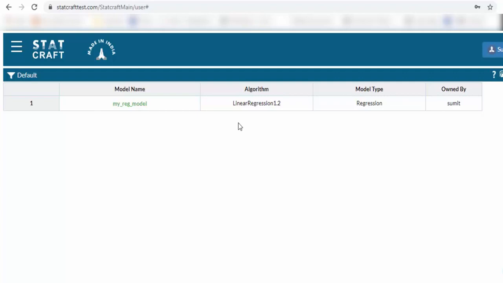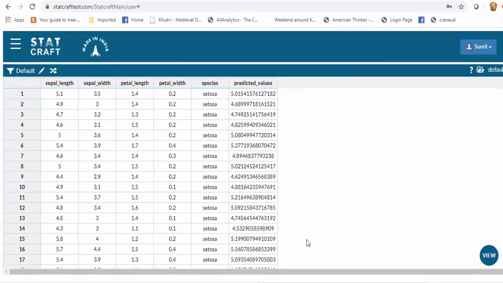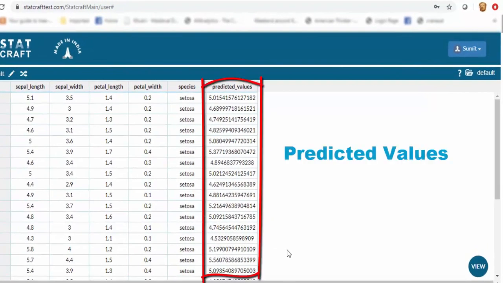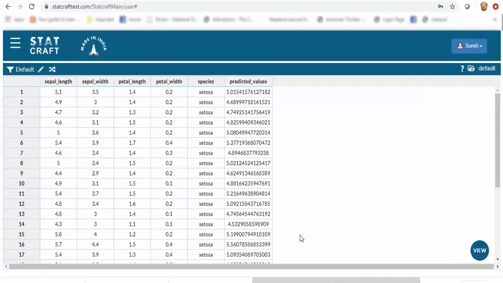Now, what is the purpose of this model? This model can be applied to a new data set to create new predictions. Now, I will not load a new data set, but if I click on this, I am back to this data view once more, and on the extreme right, you see a new column called predicted values. The regression model that we just created has used the independent variables to give you new predictions of sepal length, which was our dependent variable. I have used the existing data to create this prediction, but of course, if you wanted, you could create these predictions from a new data set altogether.